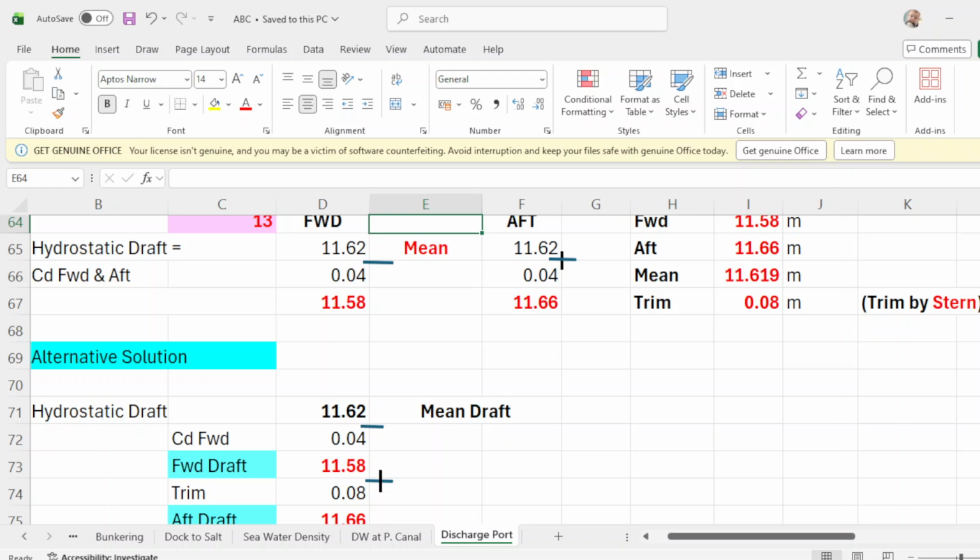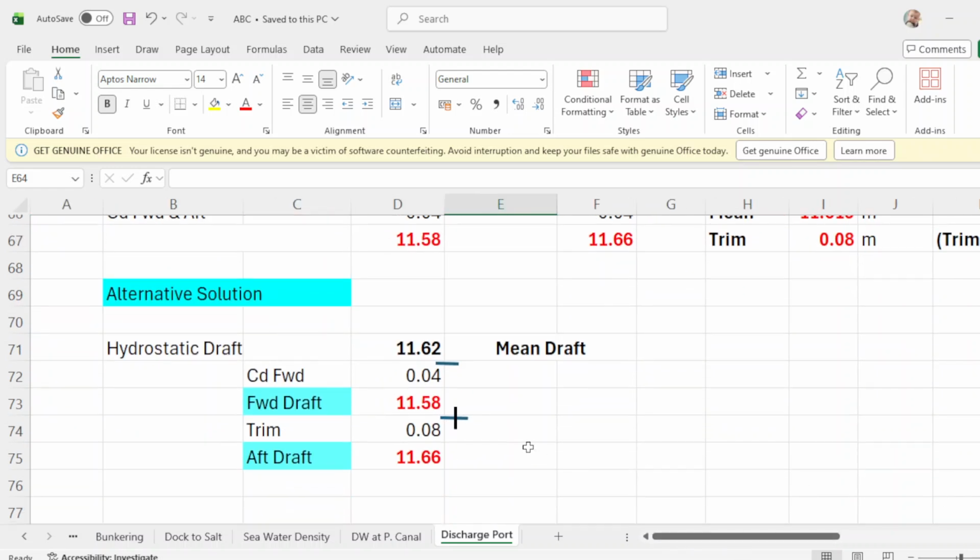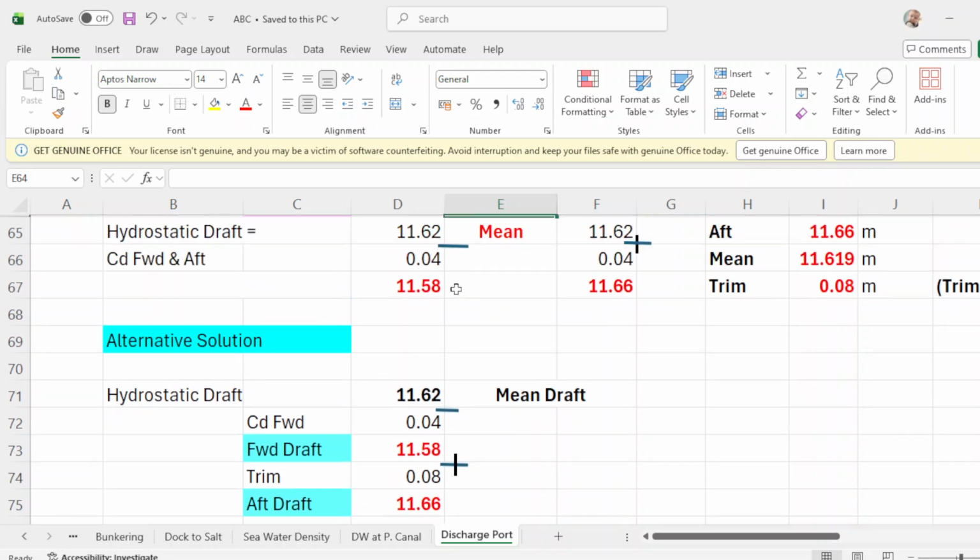Then there's another solution here. Okay, another solution is your mean drop, subtract your change of drop forward, which is 0.04. So your forward drop will be 11.58, same here. Then you add your trim of 0.08, then your up drop will be 11.66, which is the same here. Okay,